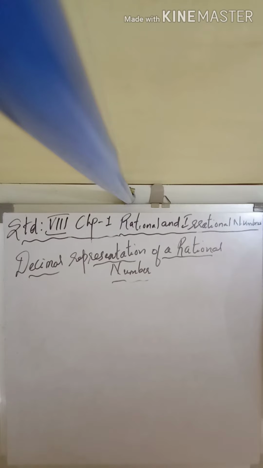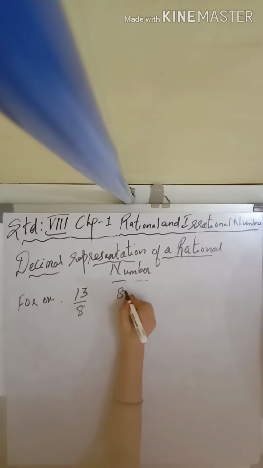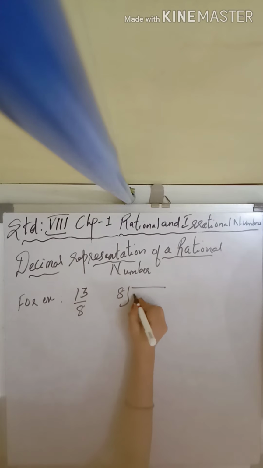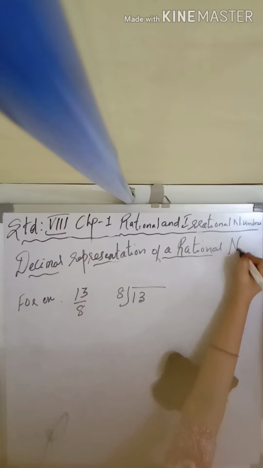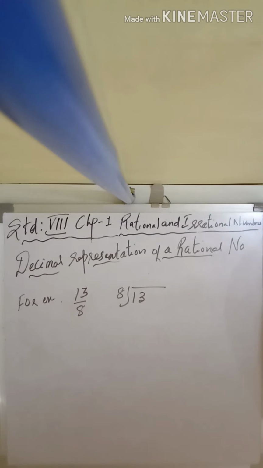Now for example, suppose we take any fraction, say for example 13 upon 8. Now this 13 upon 8 will become what? 8 ones are 8. So what is the remainder? 5, 0. 8 6s are 48,